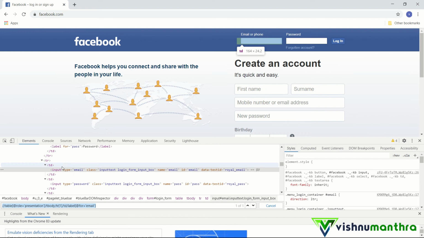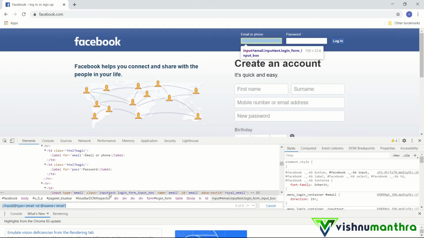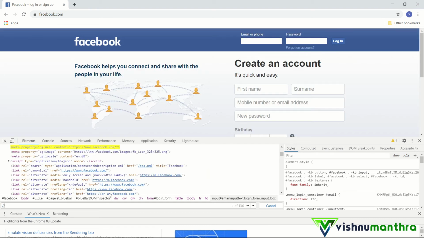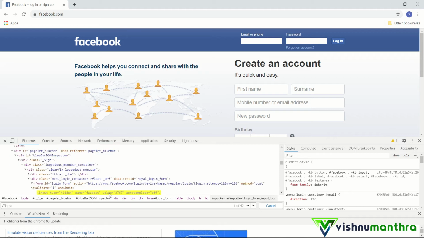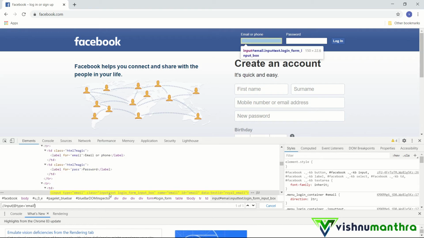For that, we put double slash, then input, then in brackets @type equals single quotes email, then put and, then @name equals email itself. See, we are now using two attributes in order to find this element uniquely.